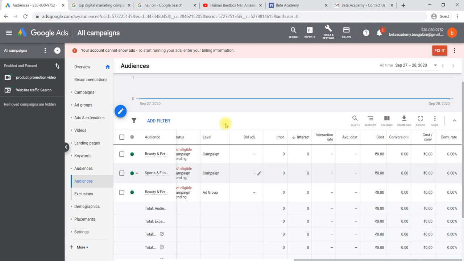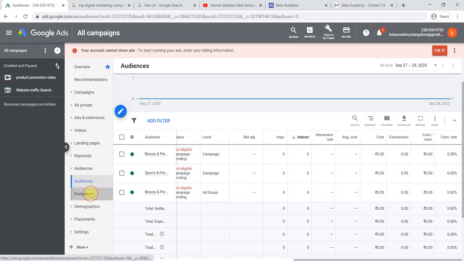By that we will come to know for the next time that if it is costing more, then we can pause that particular audience. In the sense, your ad will not be shown to that set of audience. If you enable it, then only your ads will be shown to this set of audience. So audience analysis will help you check which type of audience you need to target in the coming days. This is about audience analysis.